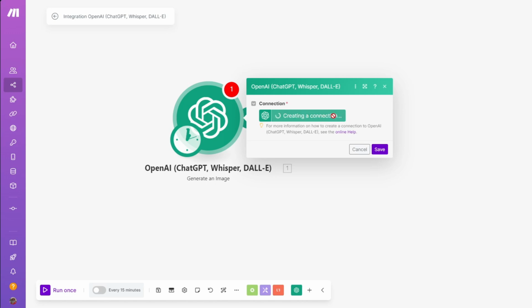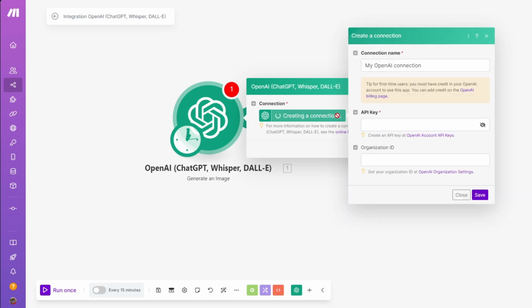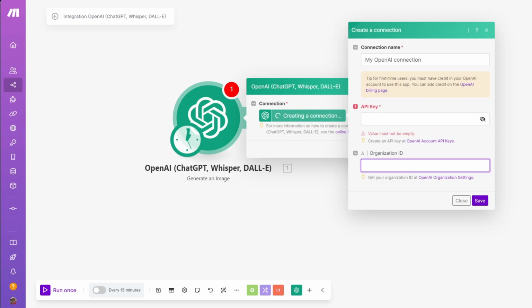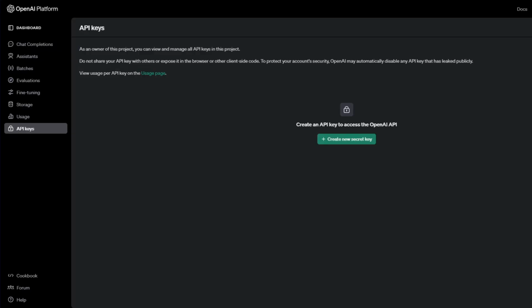So you want to click on create a connection, wait for this page to load in, and right after, you can just go ahead and paste your API key from ChatGPT or OpenAI. You also have the organization ID right here. And if you don't know where to find your API key, you can just navigate through